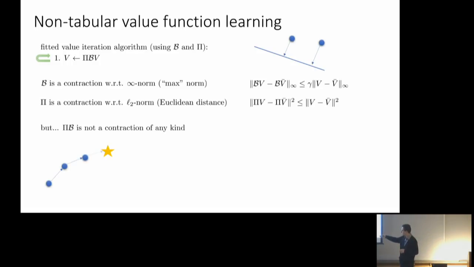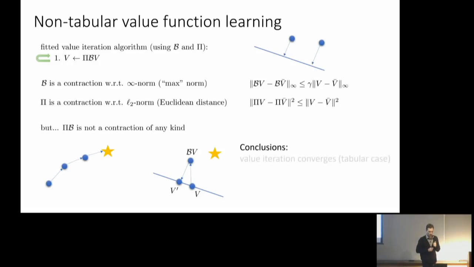And you can kind of visually see how this works. So, you know, if everything is a nice contraction, you get closer and closer to the star. In the case of this projected Bellman operator, the Bellman step gets you closer to the star in terms of infinity norm. So here you can see I definitely got closer, right? Very clearly got closer. Now I'm going to project back down to the line. When you project onto a line, right, it has to be at a right angle, so you know where the projection is. It's right here. And this point can actually be further from V star. So if you do an infinity norm contraction followed by an L2 contraction, you can actually move further away from the optimum. And that will happen.